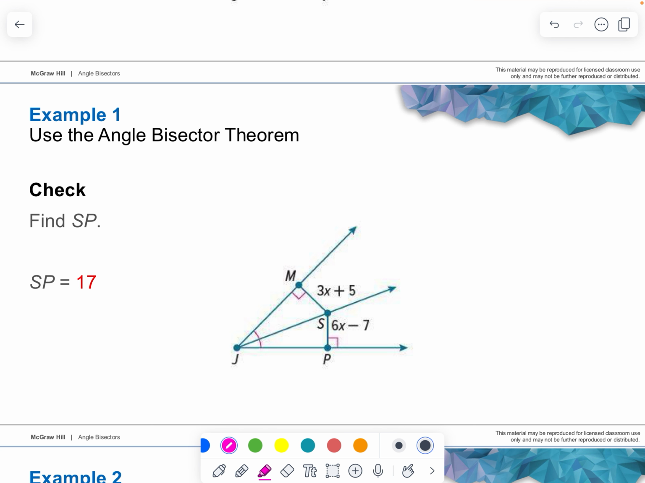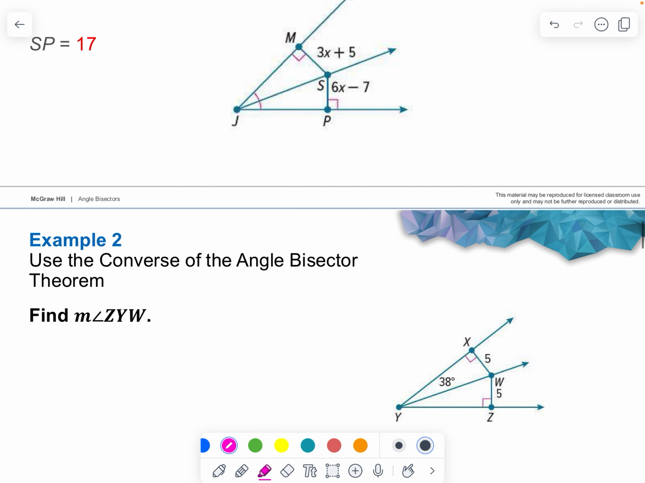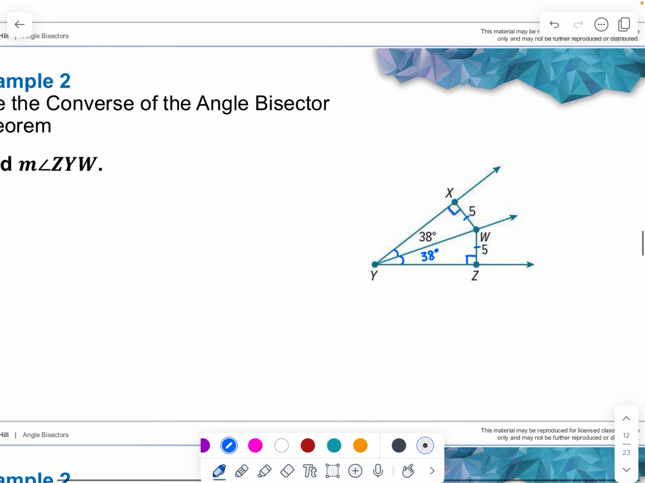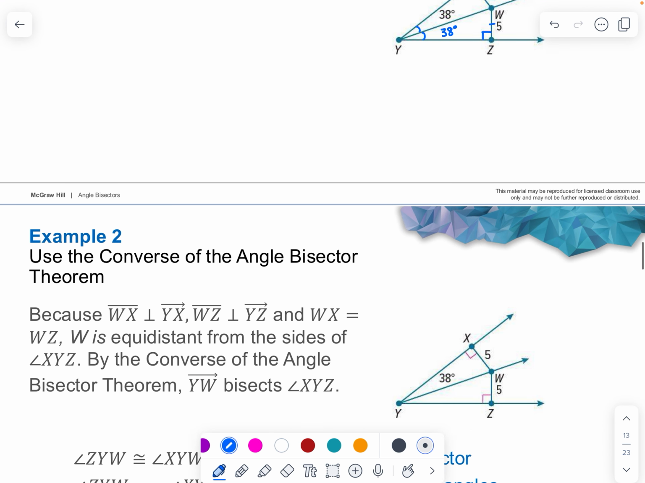All right, now let's do the converse. Now they give us that this and this are both 5 long. So that means they are equal, and these are perpendicular, which then means, conversely, that this is an angle bisector, which should tell us that if angle XYW is 38, then angle WYZ must also be 38 degrees. And they're going to write that out more formally down here,